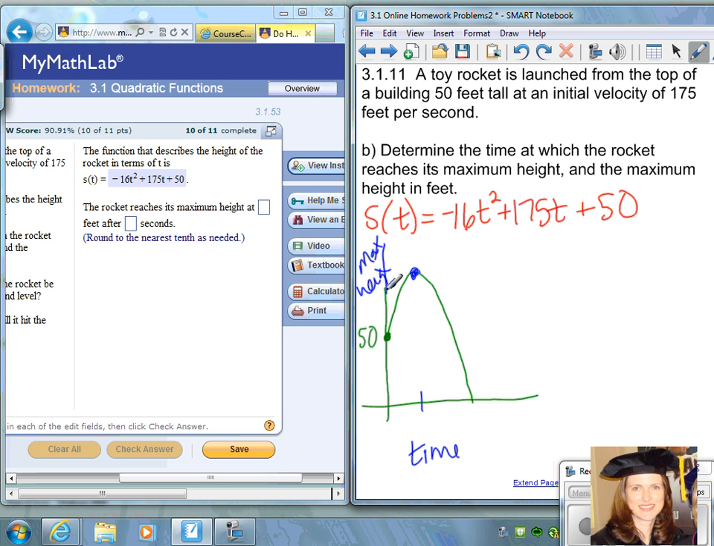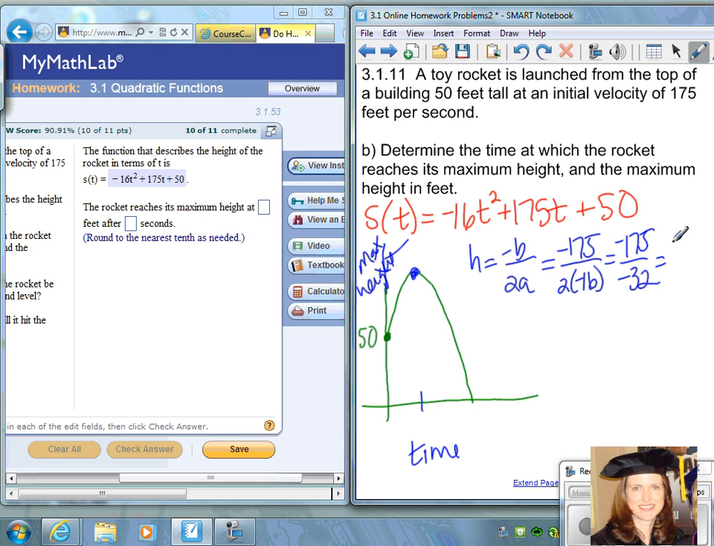So you remember how to find the vertex. The vertex is in the form of h comma k, where h is equal to negative b divided by 2a, and b is 175, so that's going to be the opposite of 175, all divided by 2 times negative 16. So that's negative 175 divided by negative 32. Do the calculation to get 5.6875,